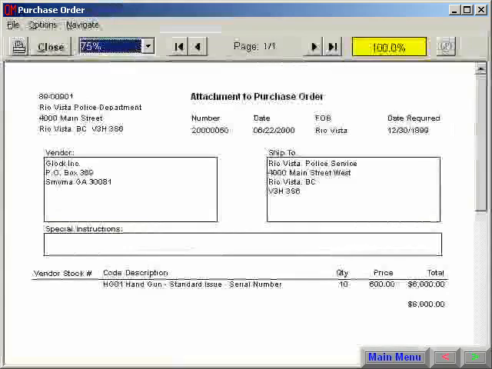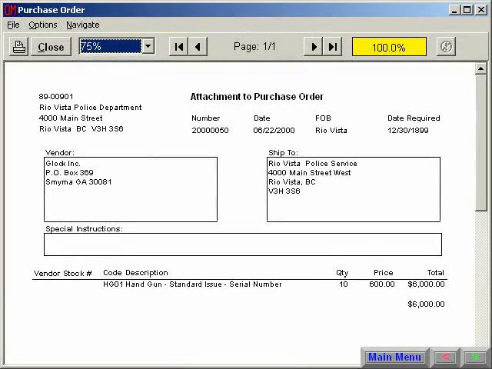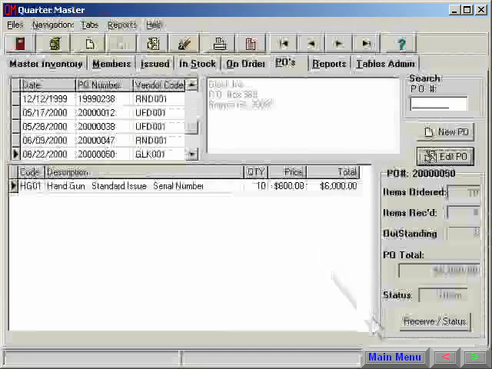To preview the purchase order, use the Preview button. This is what a typical purchase order would look like if printed. That's all for the purchase order portion of our tour. We'll now head back to the Quartermaster